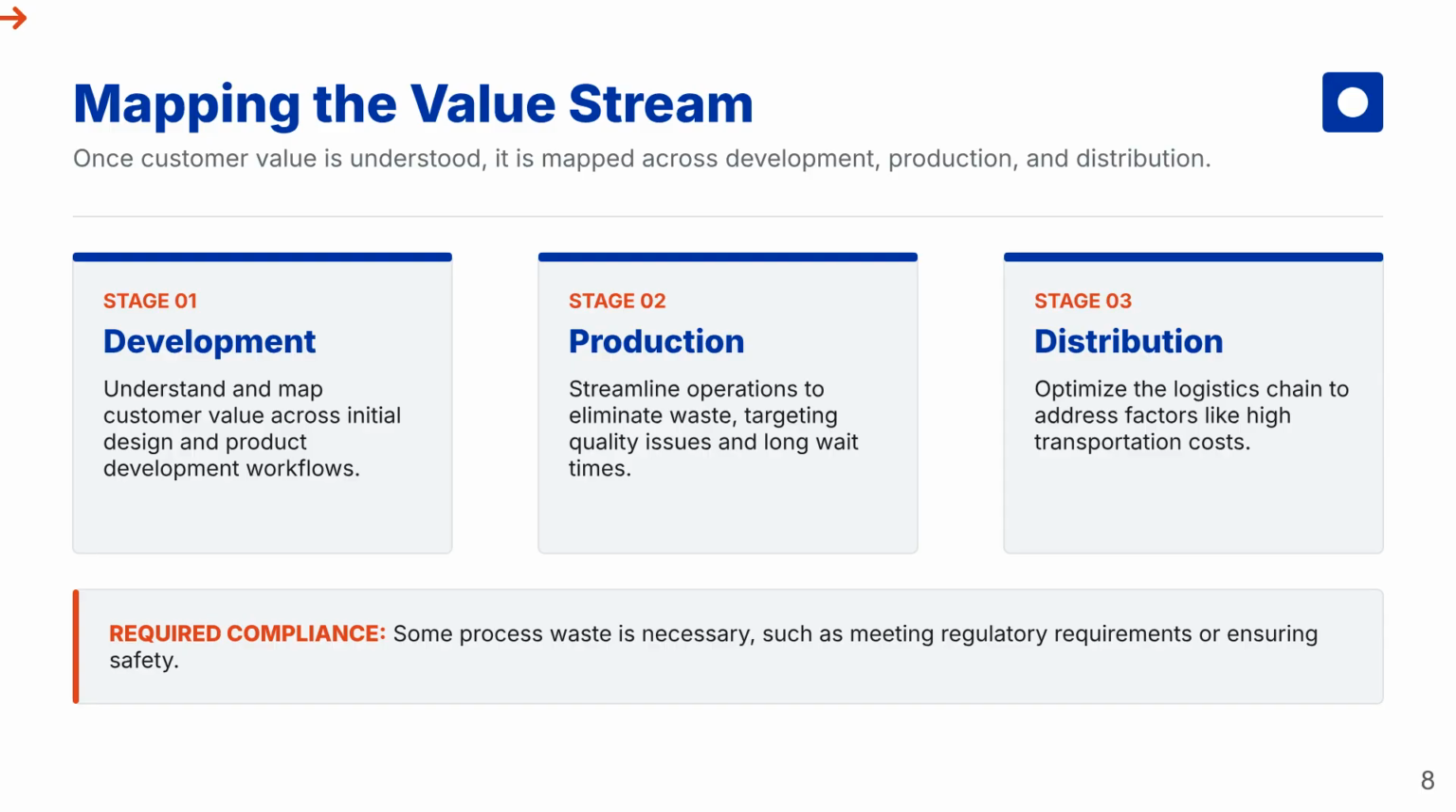Consider an online shopping company. During development, the company designs a user-friendly website and understands customer expectations. During production, orders are processed accurately and packed efficiently. During distribution, delivery routes are optimized so customers receive their purchases quickly. Mapping the entire value stream allows the company to identify delays or unnecessary activities at every stage and continuously improve